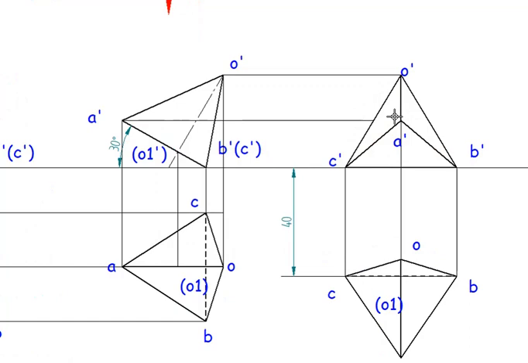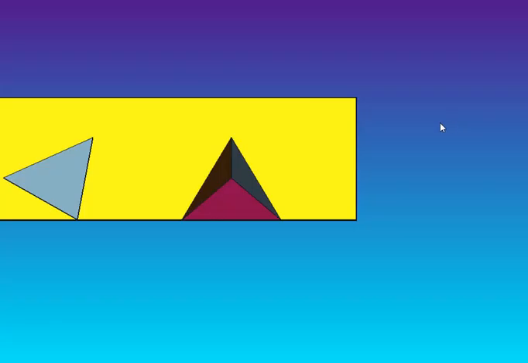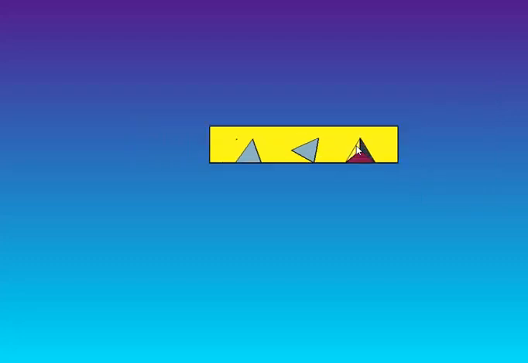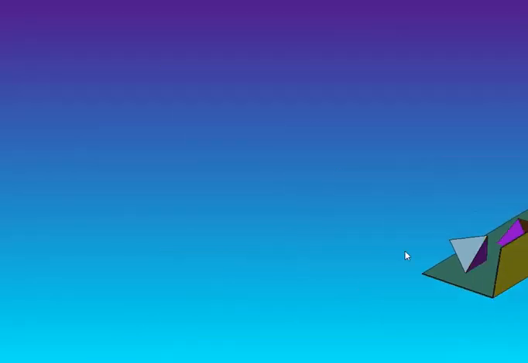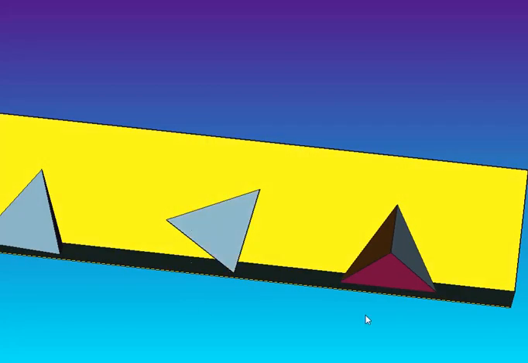So that means in the front we will be able to see all. That means we will be able to see 3 triangular faces. One face which is exactly at the behind is not visible. So let's project the axis line. So all 3 faces are seen, but we are not going to be able to see this face.